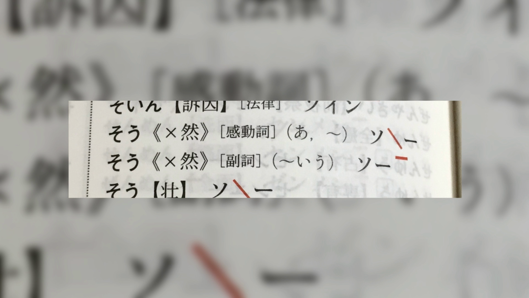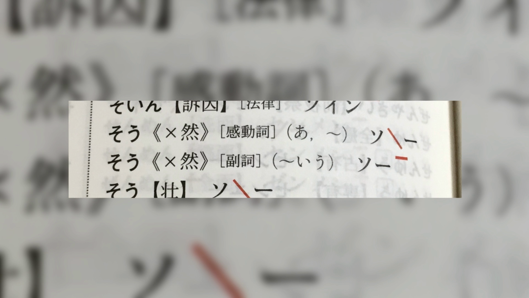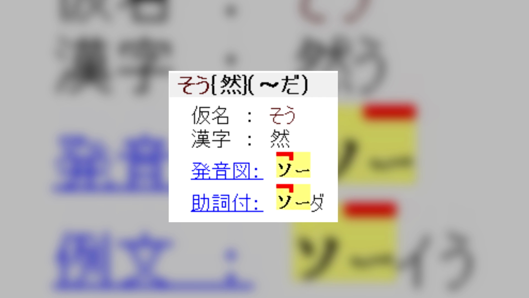Actually, it says exactly what Shinmeikai and Daijirin said. When "so" is being used as an interjection, it has a tamadaka pitch, and when "so" is being used as an adverb, it has heiban pitch. But that still doesn't explain that example sentence we saw where "so" was clearly being used as an adverb yet